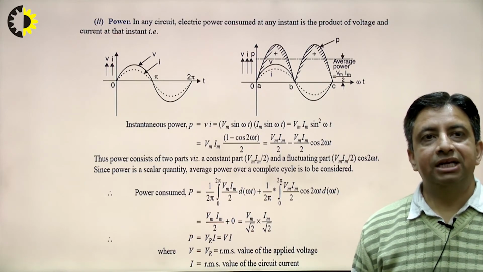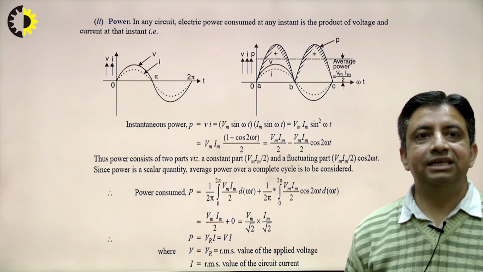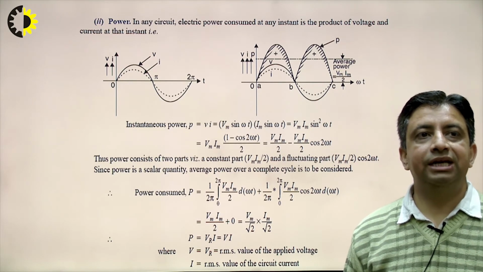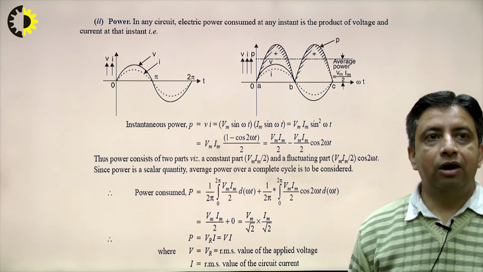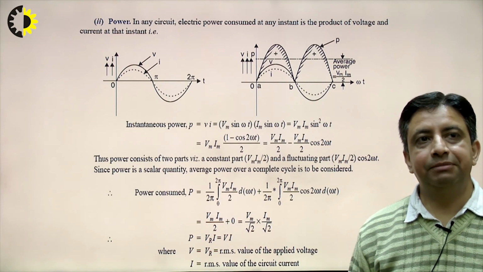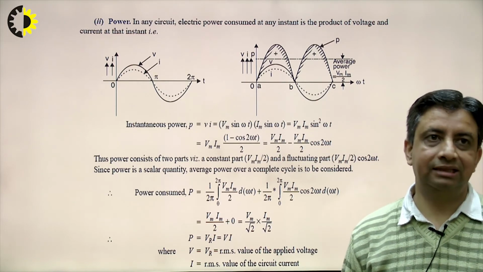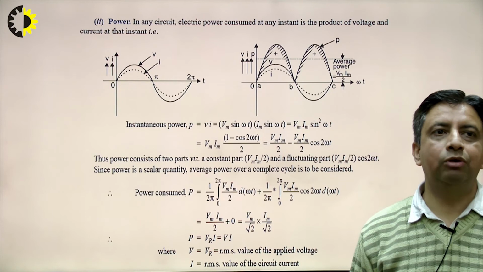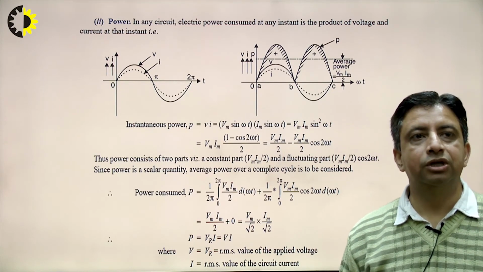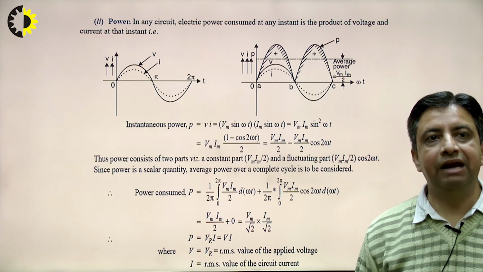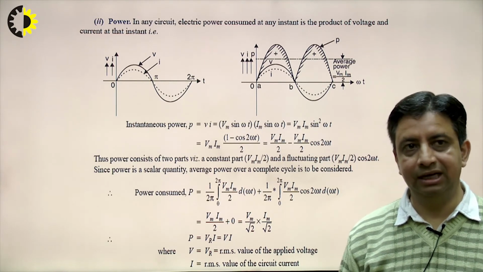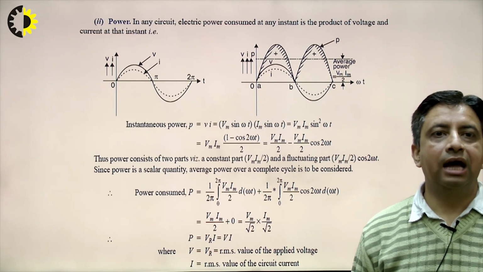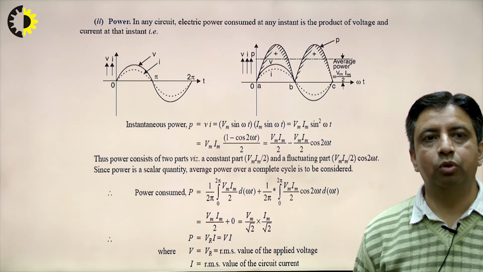Now, coming to the power expression. We know that power is the instantaneous product of voltage and current. You can see here I have drawn the voltage and current waveforms. Both are in the same phase, that means both have the same zero crossing points. So, power is the instantaneous product. It will be P equal to V into i, and we know that v is equal to Vm sin omega t, and i that we have just derived is Im sin omega t. So, this will become Vm Im sin squared omega t.